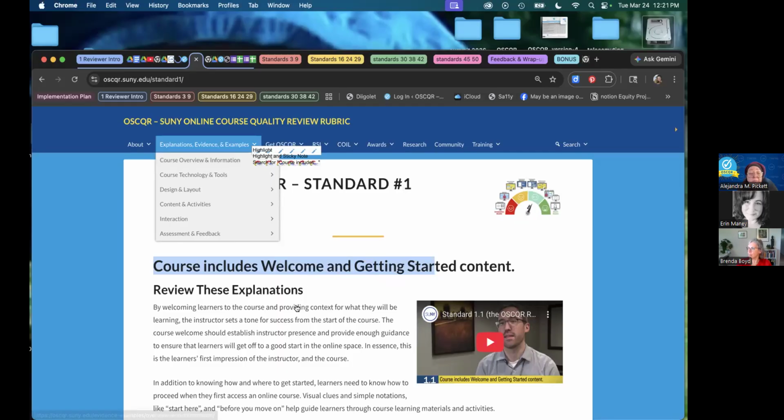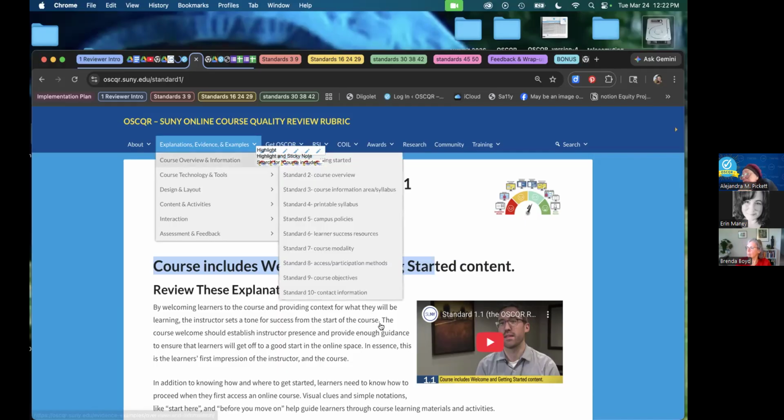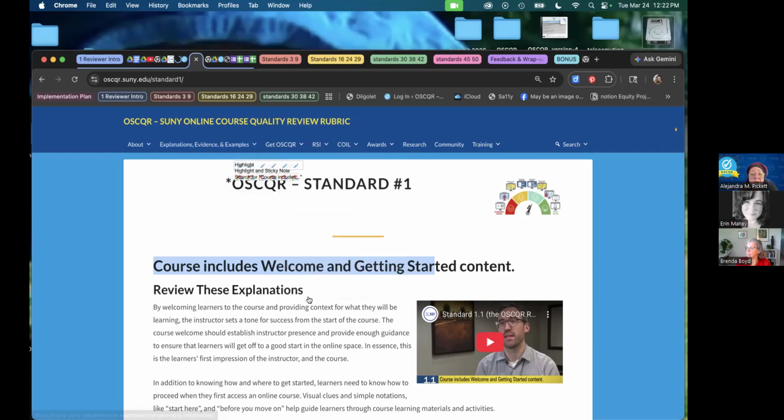And you'll see that it starts with a review of the standard. So it gives a short description of the standard. There's a little mini learning video that accompanies each standard as well. You'll see this icon up at the top that indicates that this standard has been associated with regular and substantive interaction in some way. And some of the standards directly support RSI, and some of them, depending on how they're articulated, could be leveraged to support RSI.